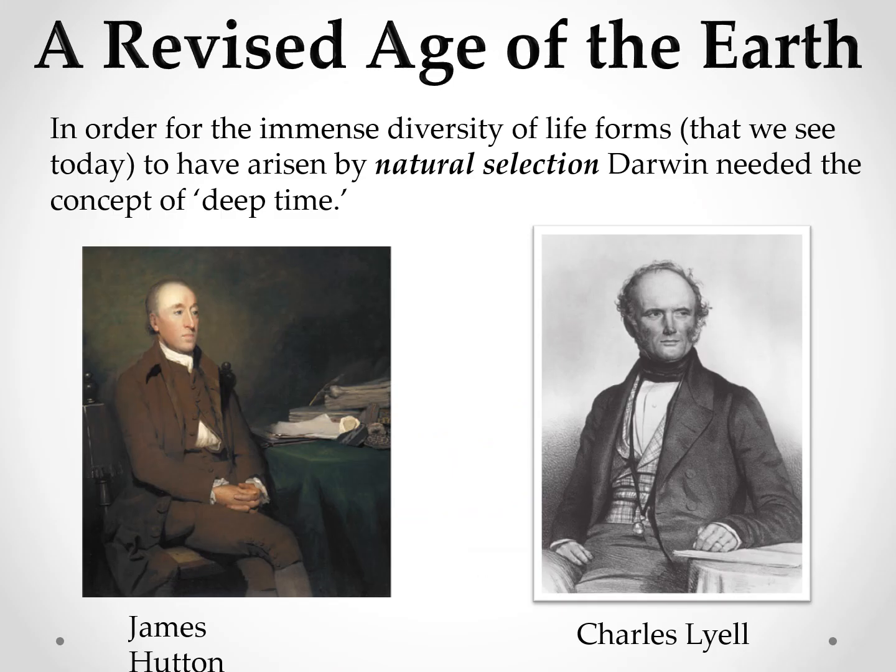So Darwin also worked on a revised age of the Earth, and this was based off of work done by James Hutton and Charles Lyell, right? In order for the immense diversity of life forms that we see on Earth today to have arisen by Darwin's concept of natural selection, Darwin needed the concept of deep time, right? He really needed millions of years in order for these slow, minute evolutionary changes to occur, and that was provided to him by James Hutton and Charles Lyell,